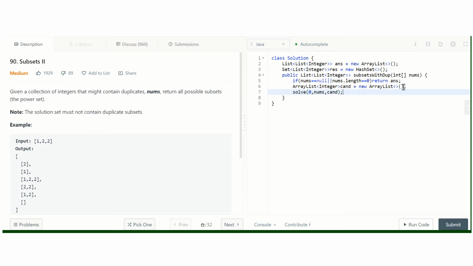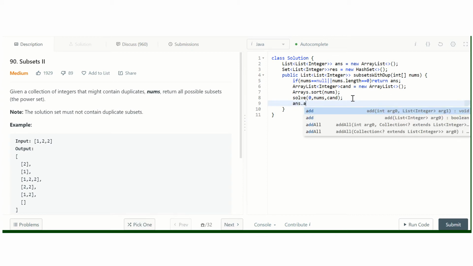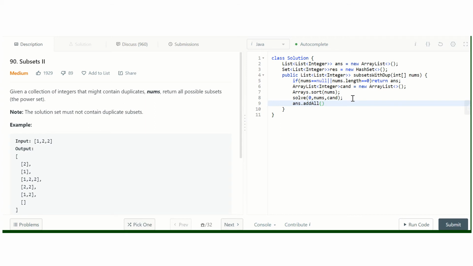As we have discussed, we need to sort this array, so we'll sort the array nums. And in the end we need to add all the results: answer.addAll(result), and then simply return answer.